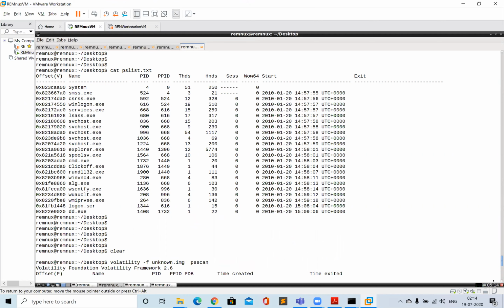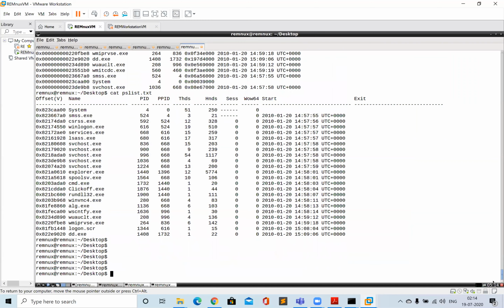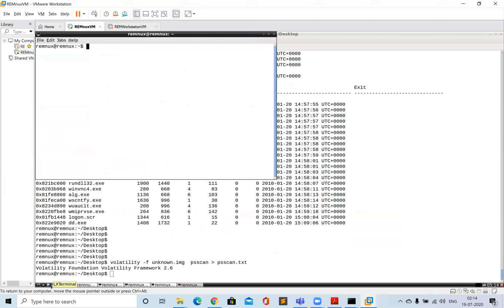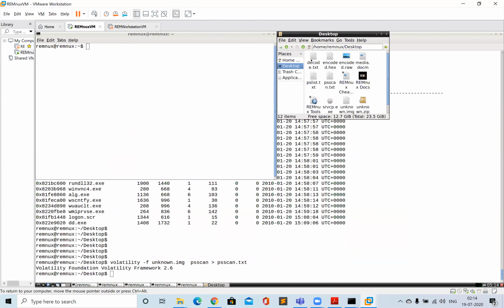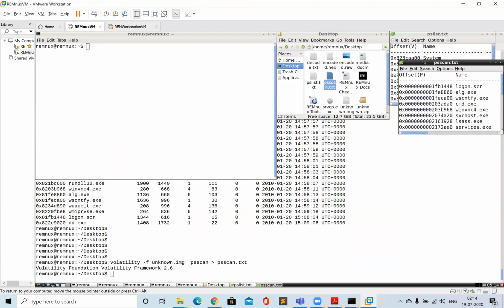Okay, just let me scroll back again, or maybe I will just save this output first in a text file, psscan.txt, and let's now go to the folder, the desktop, and this is the PS list, and this is the PS scan.